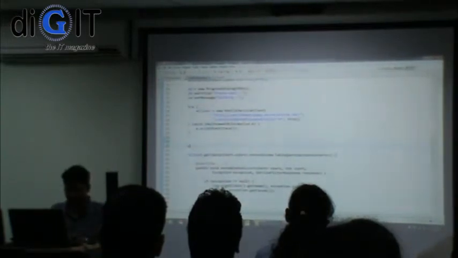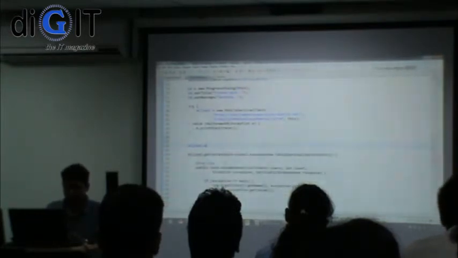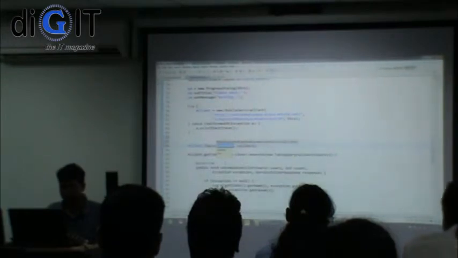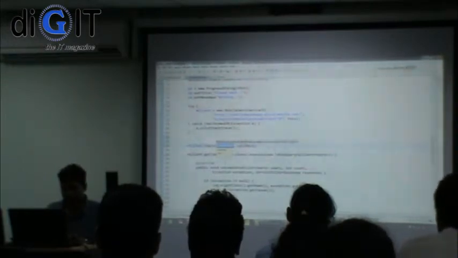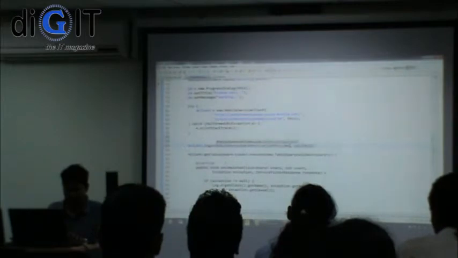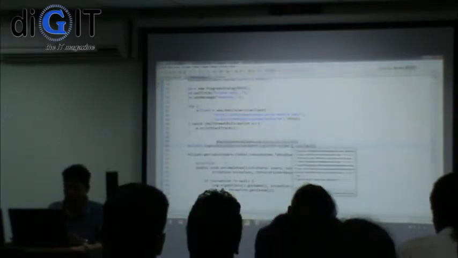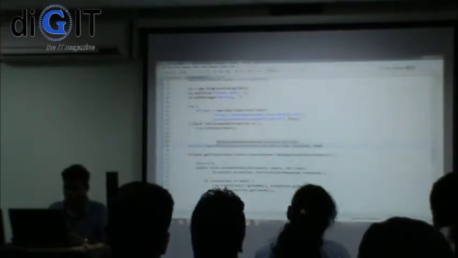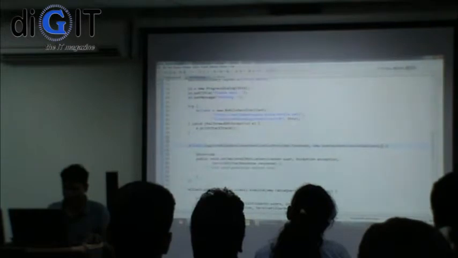So I'm going to say mClient.login, and it's asking me what the provider is. It's an enumeration, so I'm going to say Facebook. I've got Google, Microsoft, Twitter, and the callback itself. So I'm going to say new UserAuthenticationCallback.